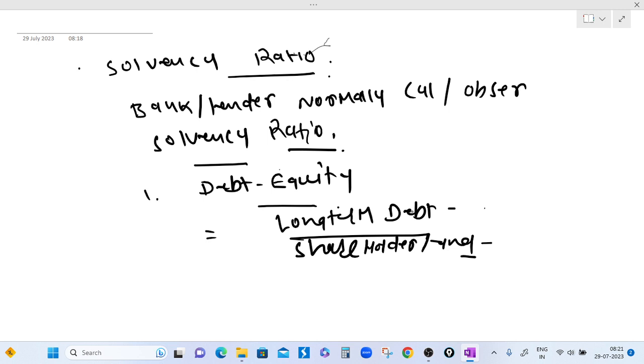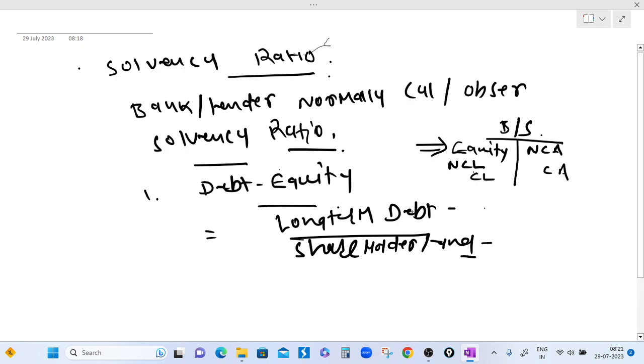If someone asks in the balance sheet what the shareholder fund is, here non-current assets come, here current assets come, here current liabilities come, here non-current liabilities come, and then equity comes. So we are talking about this portion. You can directly take the total amount minus these two amounts. If you reduce, then your equity will come. That's how you can calculate. So if you divide the long term debt by equity,